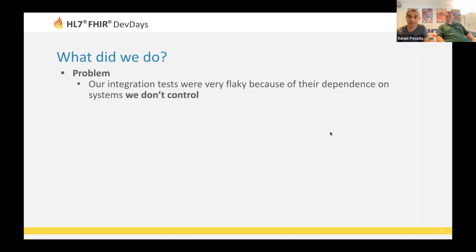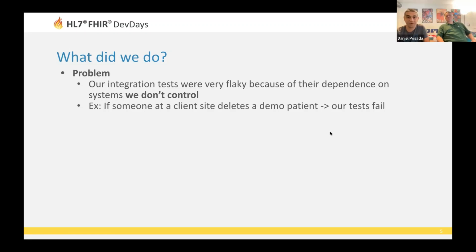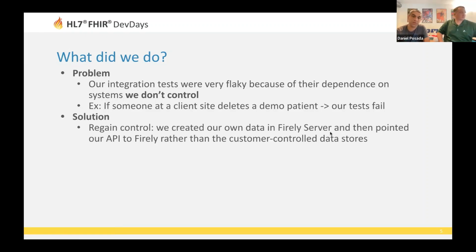We might have a test patient that we're using, and we might have a couple of upcoming appointments on that patient so that we can assert that when we retrieve that data through our API, that the right appointments show up. And if something very simple like someone at the health system deletes that demo patient, all of a sudden our tests start to fail. So this is one example of many different ways that relying on systems that you don't control can cause your tests to be flaky. And so what we ended up doing was we decided to regain control by essentially cutting out those third-party systems that we don't control, at least the ones of them that are FHIR based, and replace